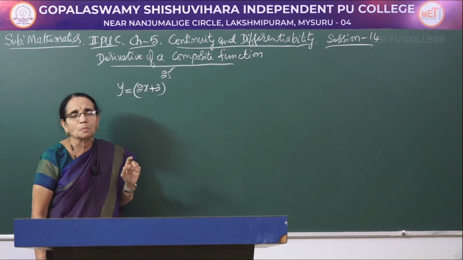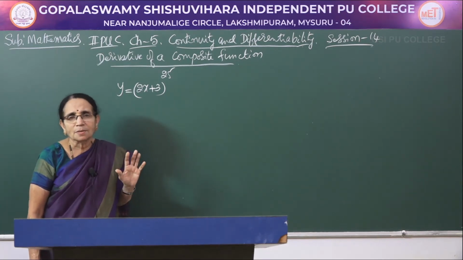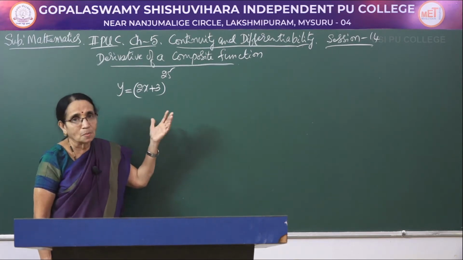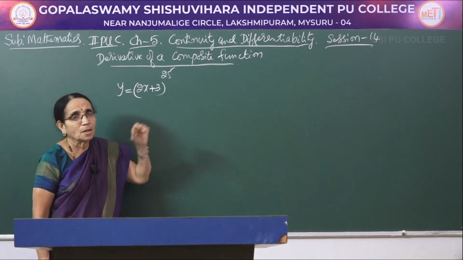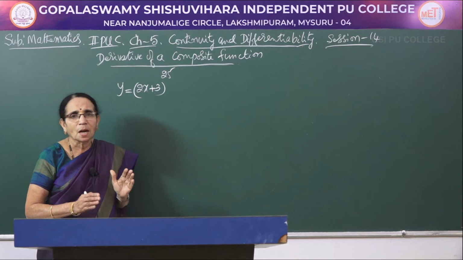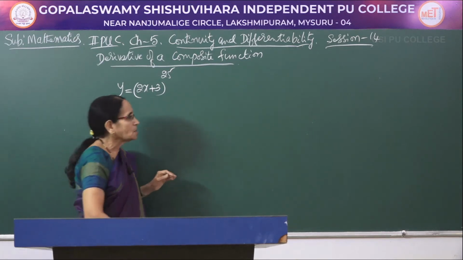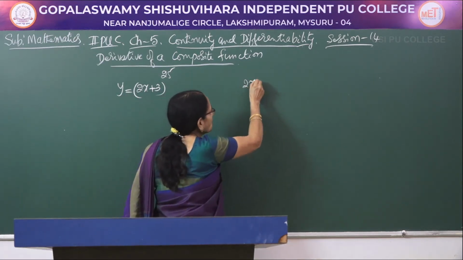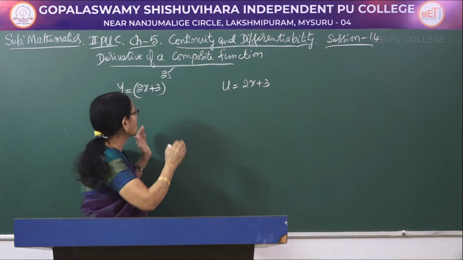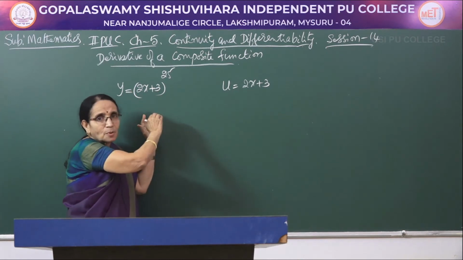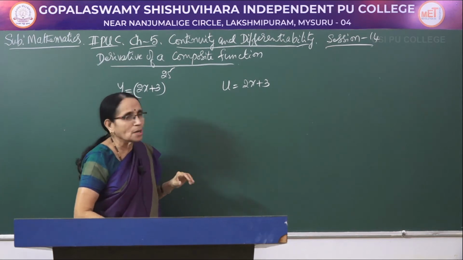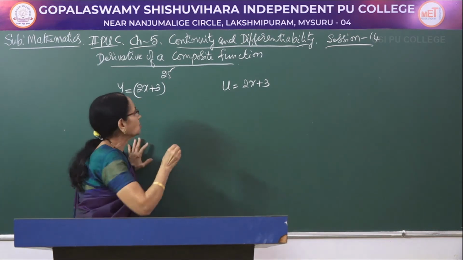But usually such problems are asked for a 1 mark question, so the answer is expected within 1 or 2 minutes. So, we cannot apply the binomial theorem here; the number is quite big. What I do is simplify the function by making an appropriate substitution. Suppose I take 2x plus 3 to be equal to u. Here, the base is an algebraic function that has been raised to some higher power. So, I take u to be equal to 2x plus 3.